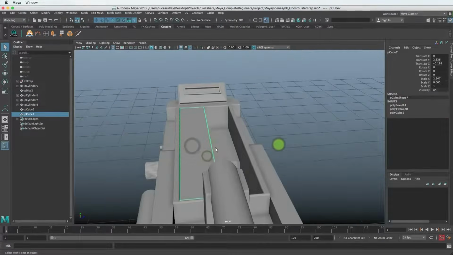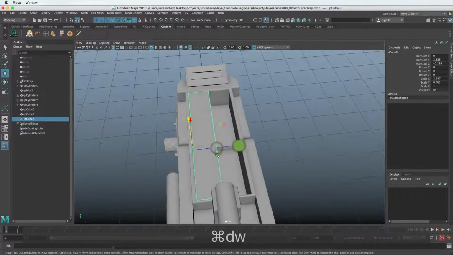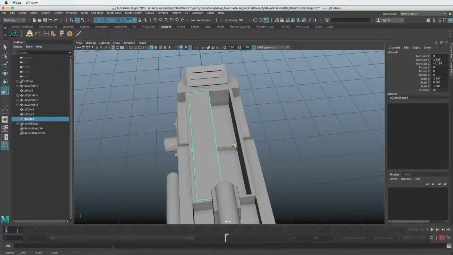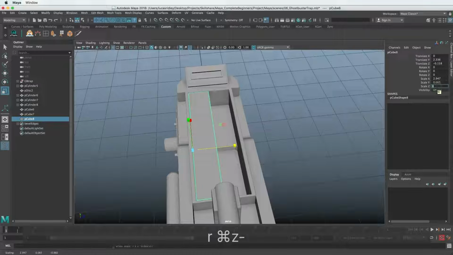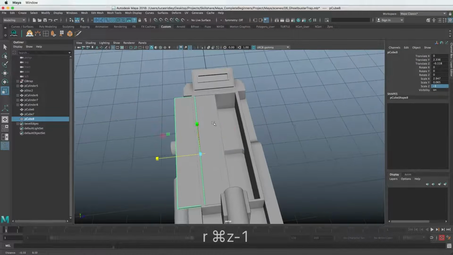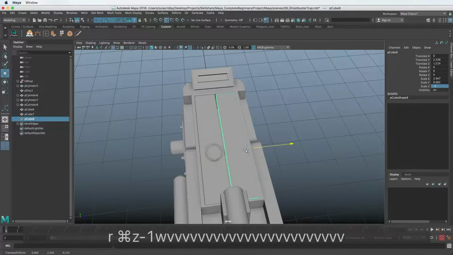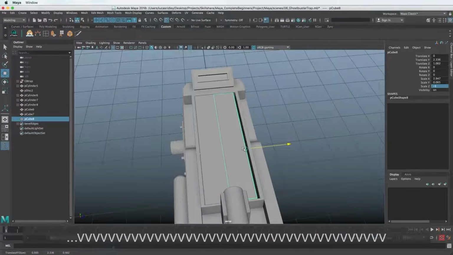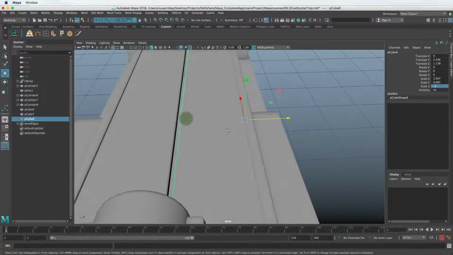And then what I'm going to do is duplicate this by hitting Command D. And what I can do, there's a couple different ways you can do this. You could scale it negative in this direction. So we go -1. So it flips it around, and then we can hold down V and snap it to this other side. So I think we're snapping to the wrong thing.